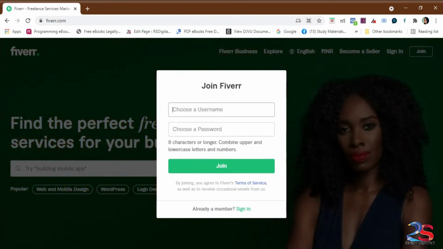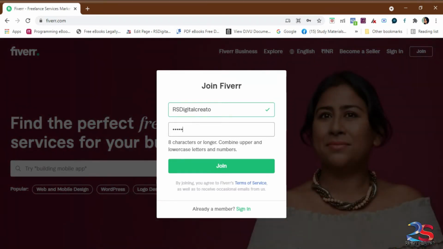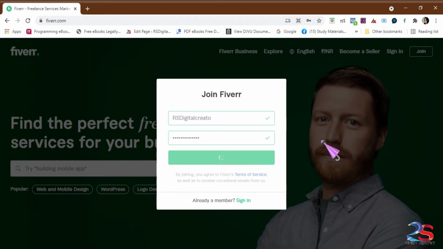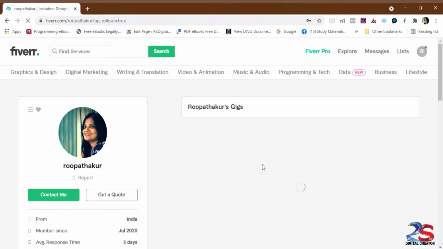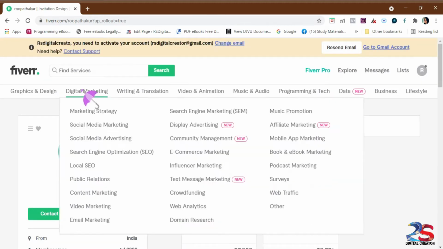So just click on continue and you can choose a proper username. For the username, you can give your name or your first name or whatever name you want to show on the Fiverr website. Okay, and you give a proper password as per your convenience, and you can click on join. So immediately your password will be added here. Okay, so now your account is ready and you will be receiving a confirmation account link at your email ID.